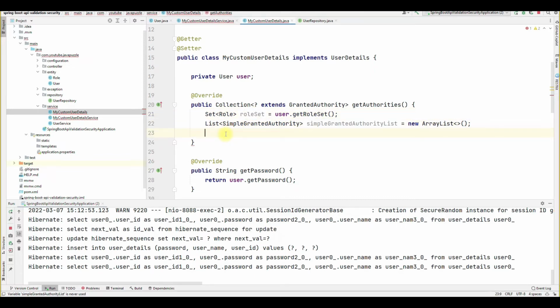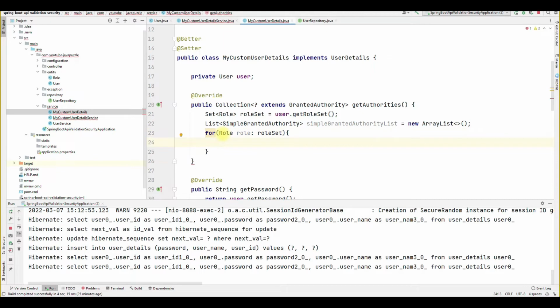For this you can also use Java 8, but I am going to show you how you can implement it one by one. So here, for role colon role set, we are using the forEach method, and inside the forEach method you just have to add this role here.